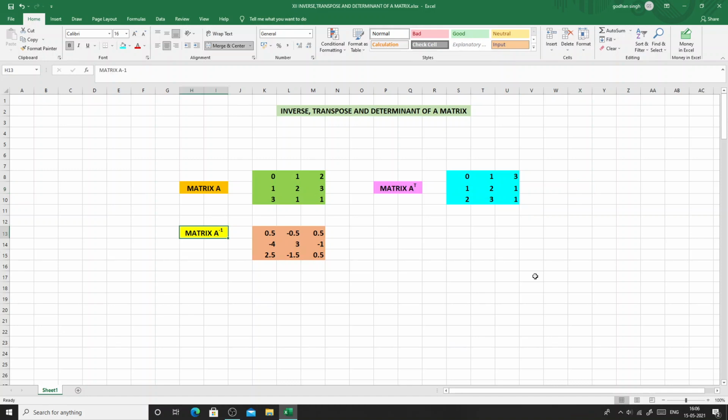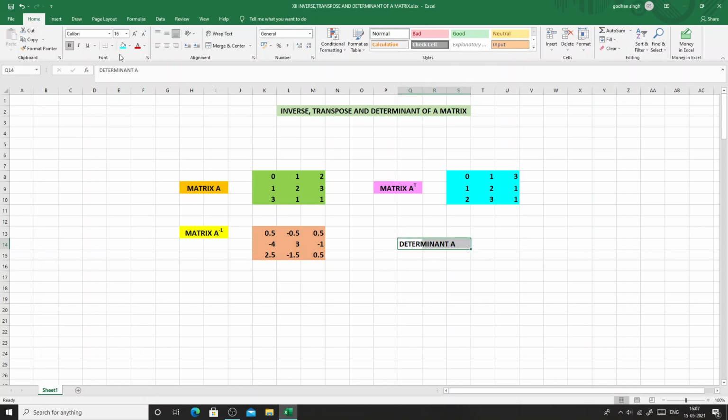And now at the end we'll find the determinant of matrix A. For that, let us merge two cells here and write determinant A. Next we'll select all of them and increase the font size to 16. Also, the space is less, so we can merge more cells. Just click on this one and drag it from here till here. So now we can see this determinant A is there.